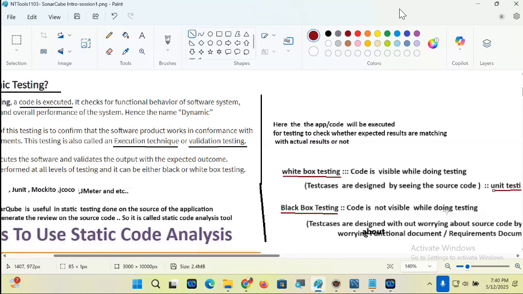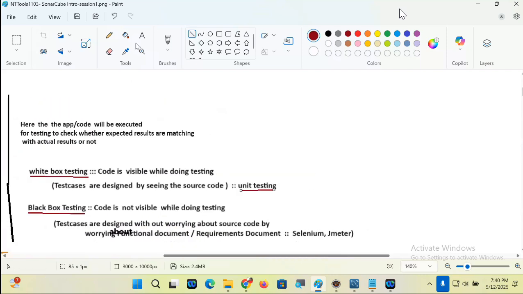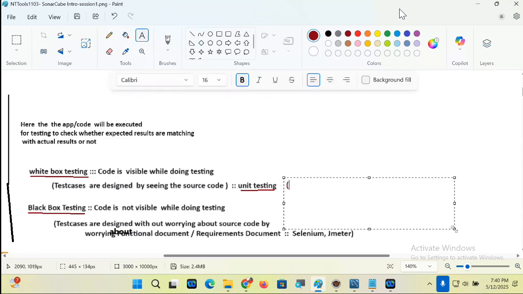Code is not visible while doing testing. Testers' testing comes under black box testing. Okay, this is called developer testing, guys. It is also called developers' testing.